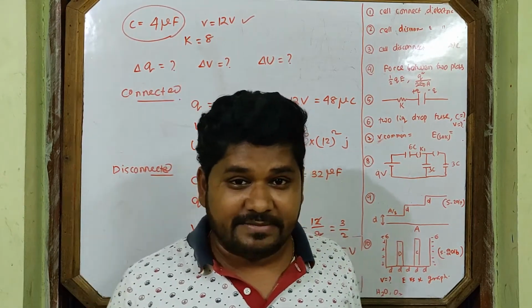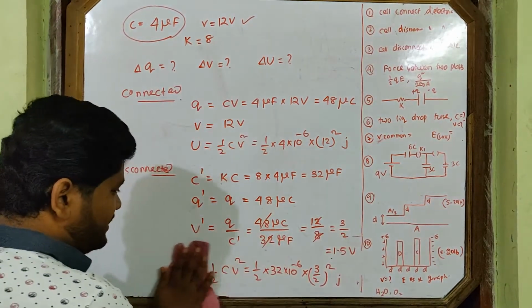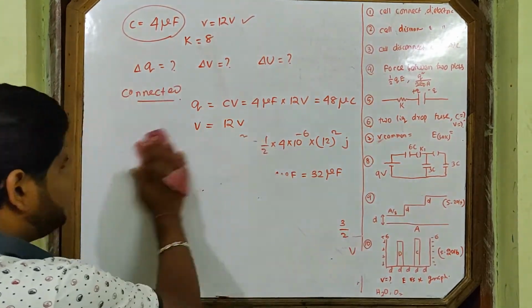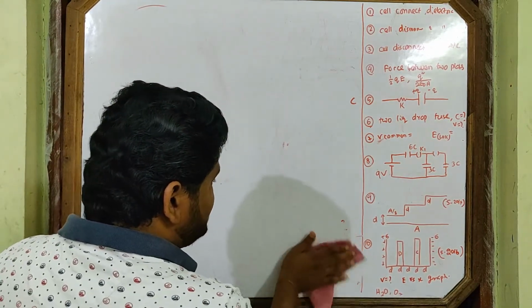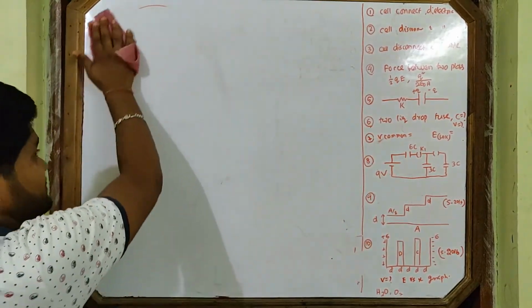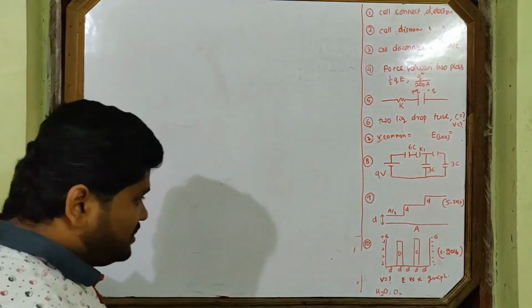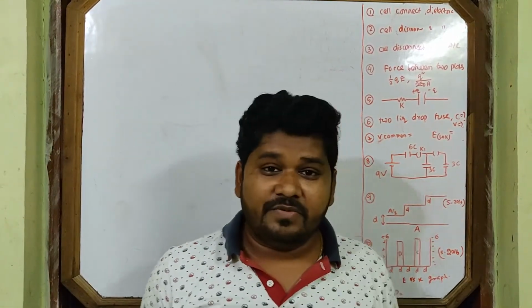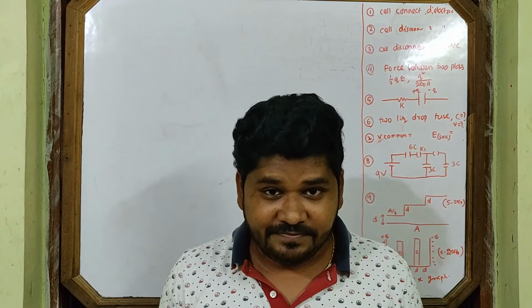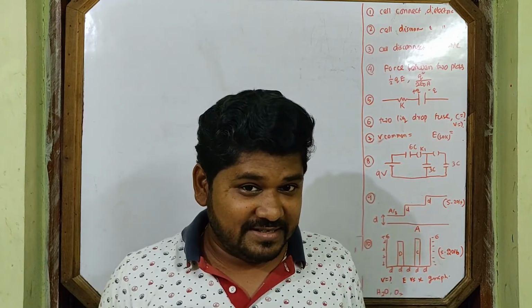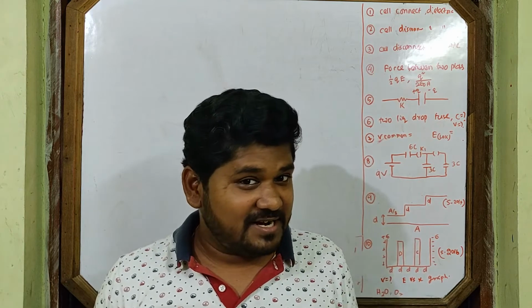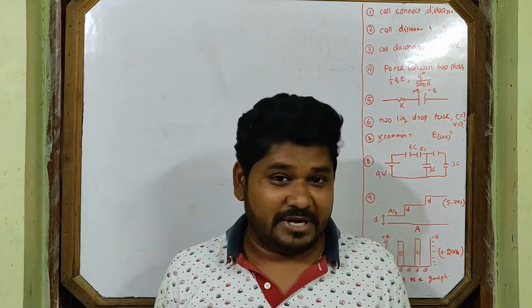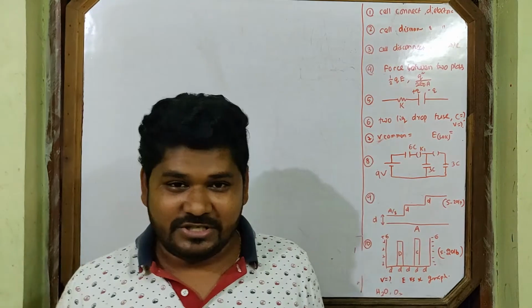Now I think it seems to be easy for you. There are a lot of questions like this. Every year they come in exams as well as in different school exams based on this concept. Hope you will solve some more questions from different books based on this concept. Cell connected, potential constant. Cell disconnected, charge constant, but capacitance depends on geometry.